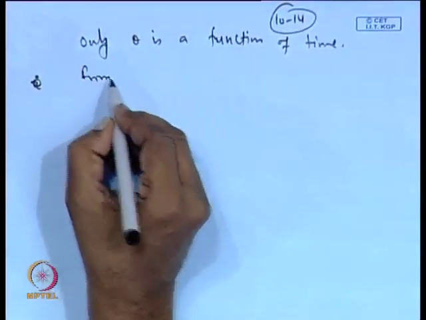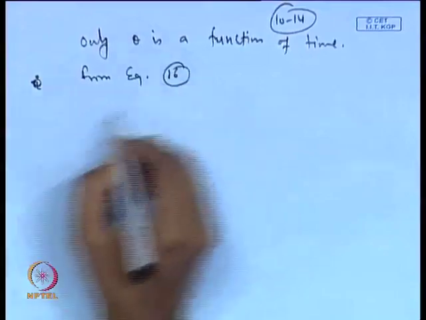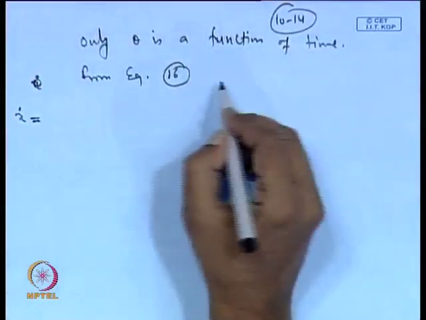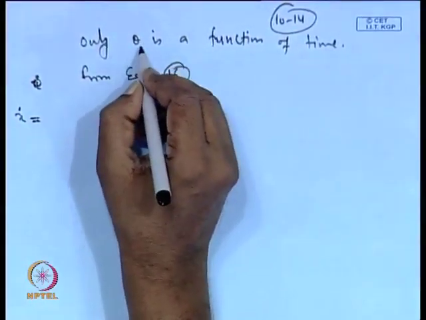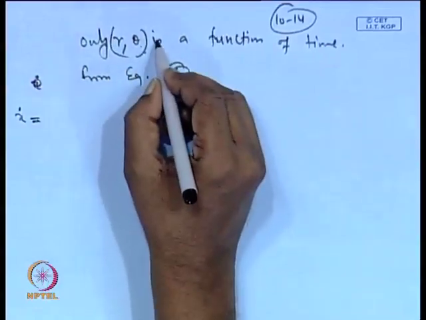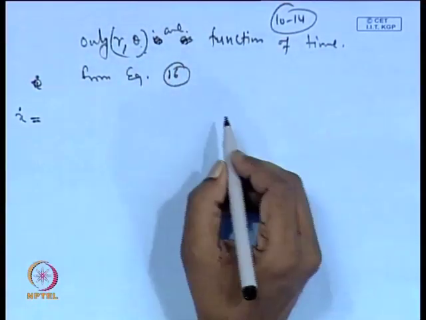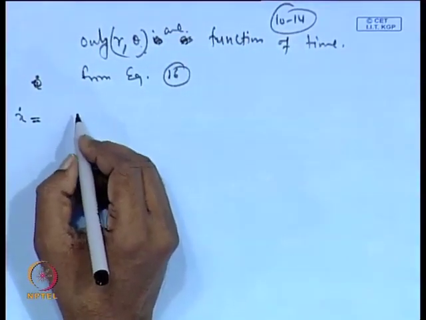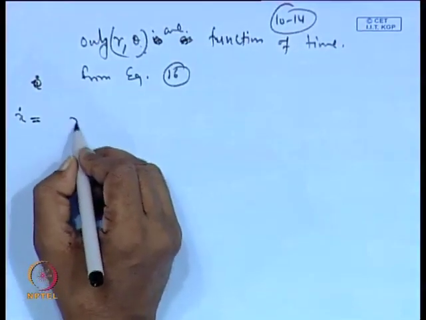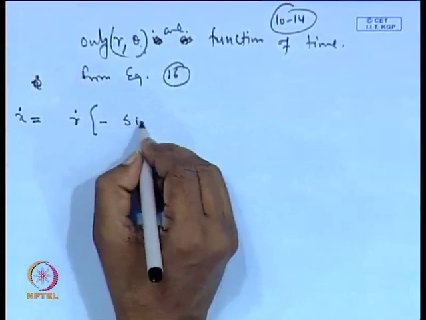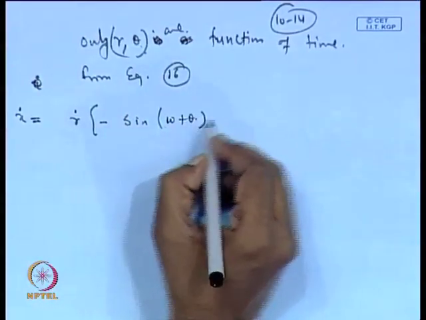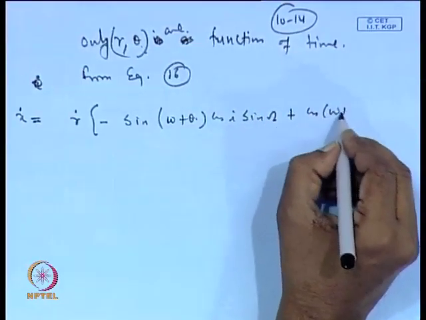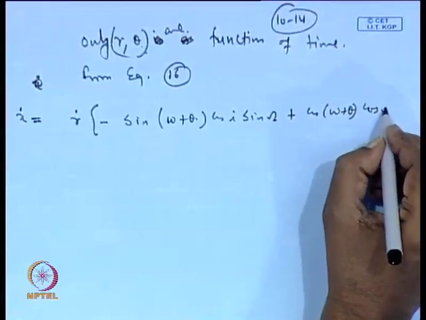So, from equation 16 x dot becomes equal to, okay, here only r and theta are functions of time. So, if we differentiate, from equation 16 we can write r dot times minus sin(omega plus theta) cos I sin capital omega plus cos(omega plus theta) cos capital omega,